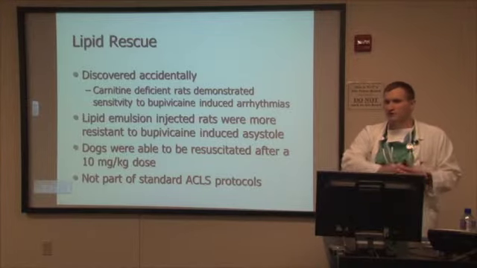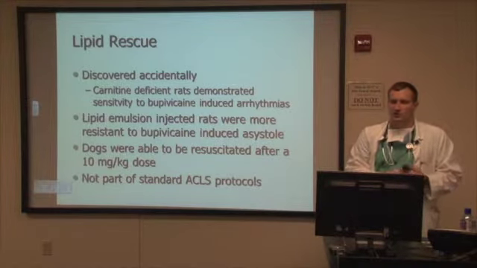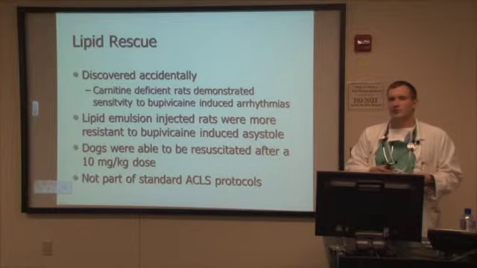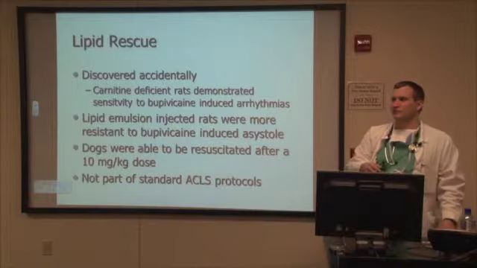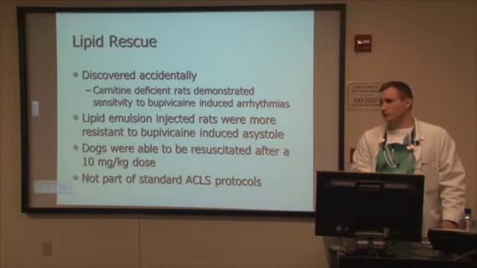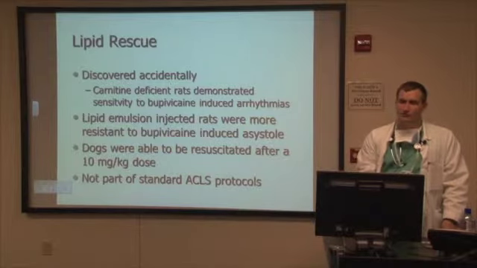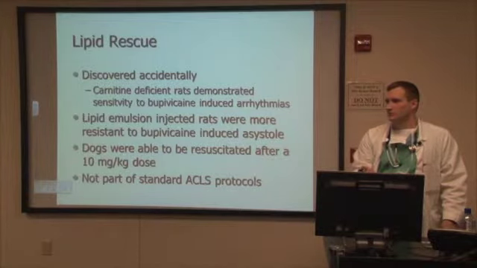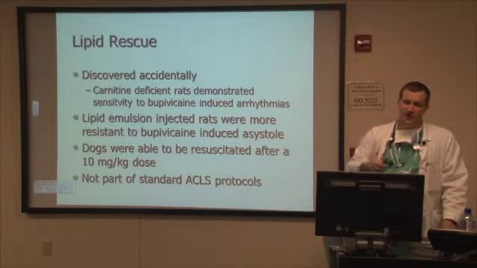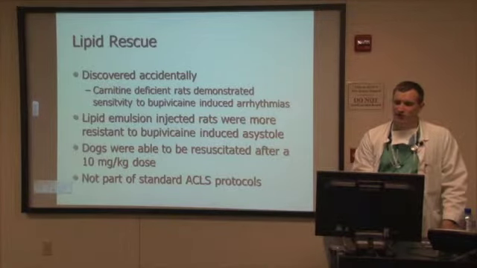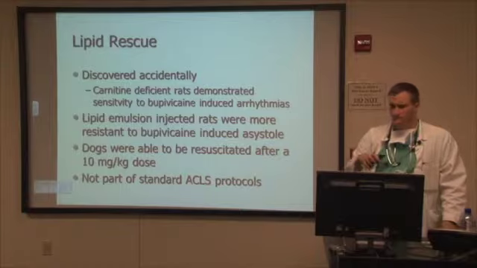There was some laboratory looking at rats who were deficient in carnitine, and you may or may not remember, carnitine is one of these enzymes that's found in the membrane of the mitochondria, okay? And it's absolutely essential for metabolizing fats, okay? For breaking these things down and turning them into acetyl-CoA and making ATP from it. Anyway,